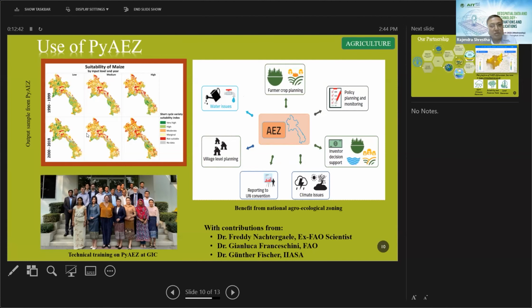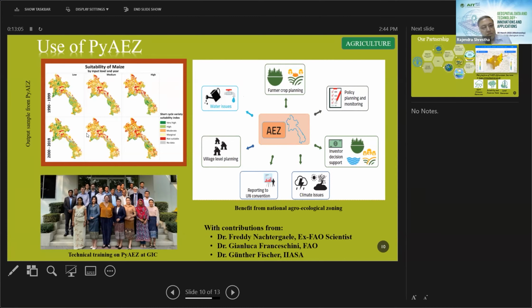So these are just a snapshot of the outputs that were produced using PyAEZ. It was done under the partnership with FAO and GIC. FAO was supporting the work. And we also actually had a lot of training for participants from Asia and other regions.